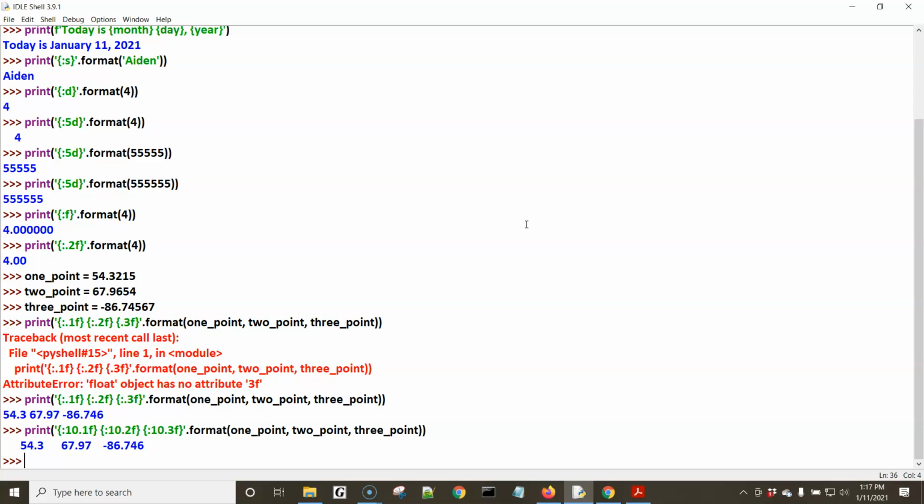And the final thing we're going to do is print the same information out, but we're going to use an f-string. So again, I need to specify f, then my opening and closing quotes. In order to do this, I specify the name of my variable, then a colon, and then how I want to format it. So it's 1 point, colon, .1f, and then a space, open and closing curly braces,